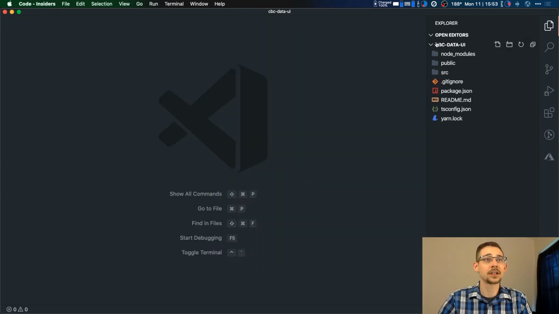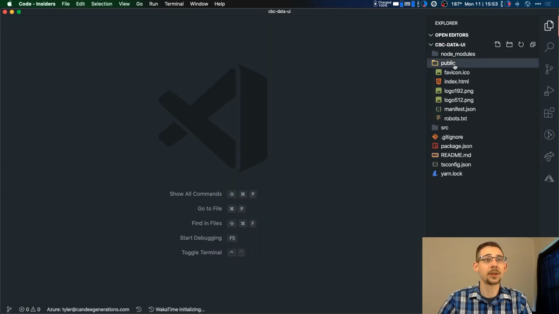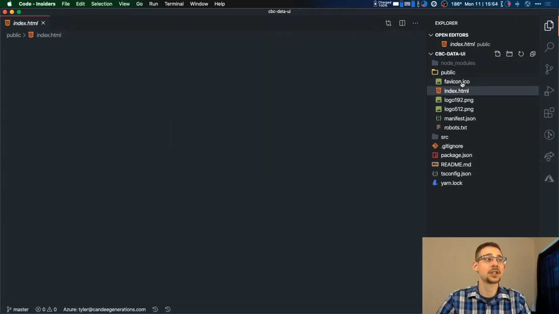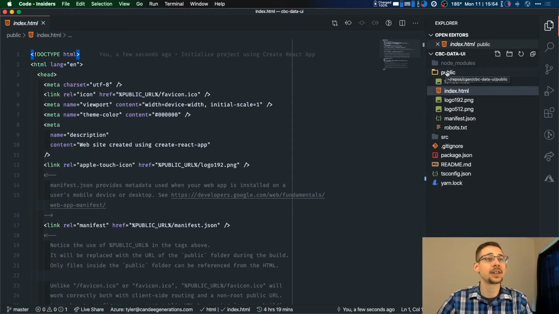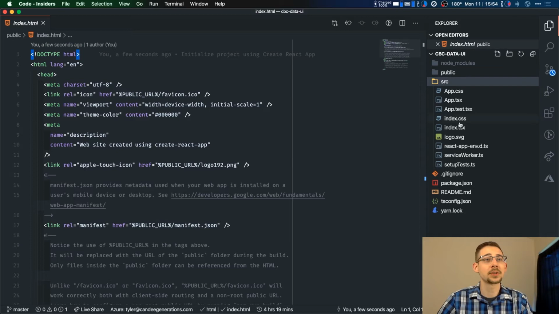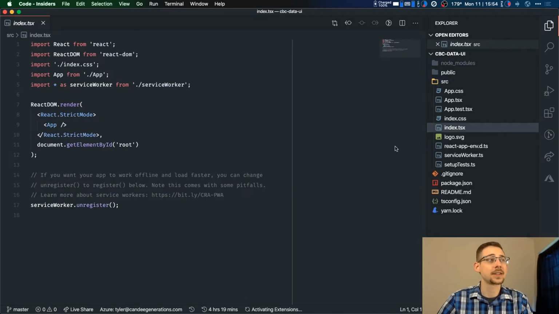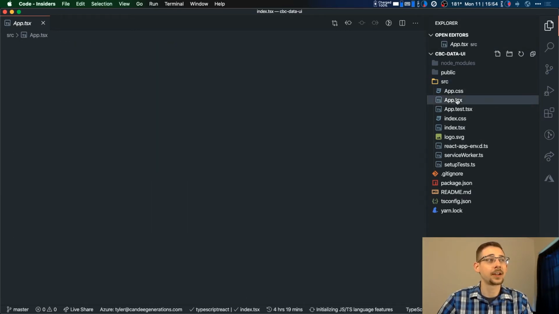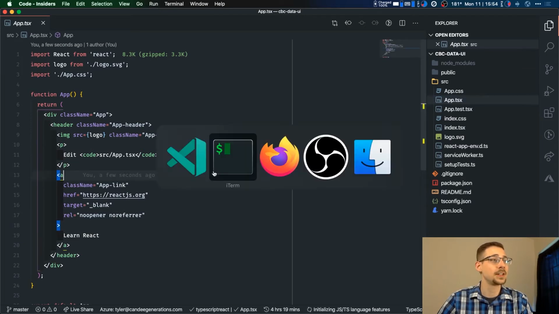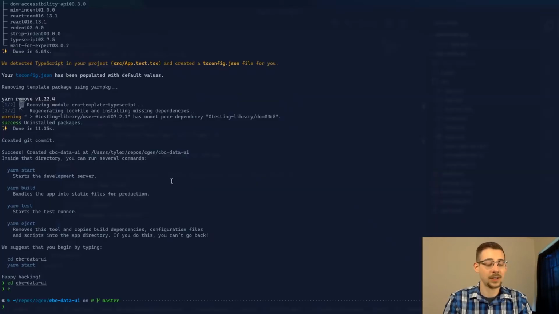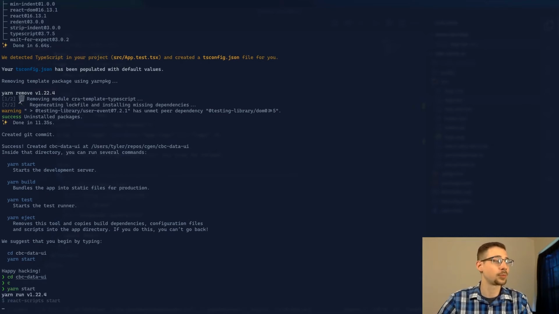All right, now let's take a look at what we have here. We've got a public folder which has our index.html on it. And then we've got our fav icon and everything here. We've also got our source, which includes our index.tsx and our app.tsx, all the basic stuff you would want to see. And now let's go ahead and yarn start our project,